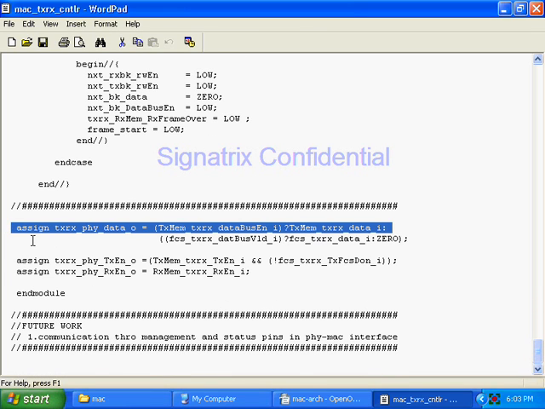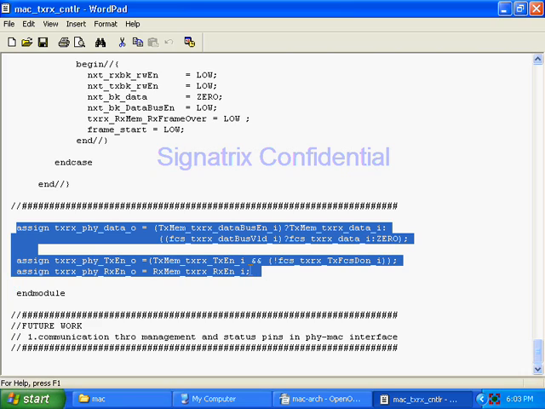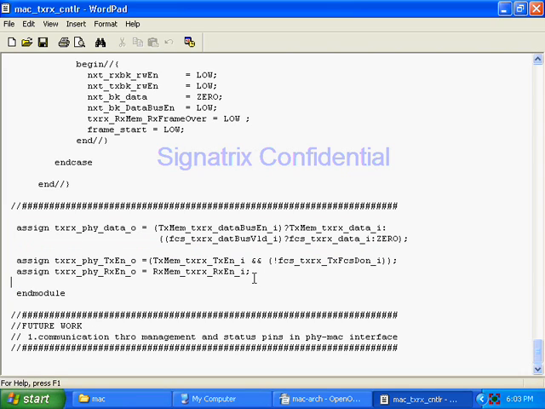Okay, at last I have used some assign statements. This is for the TX data output. This is a signal output from this module. So from where will I get the data? If it is in transmit mode, I have to get the data from TX memory, and once the MAC payload is over, I have to get FCS data from the FCS module. So that is what I defined here.